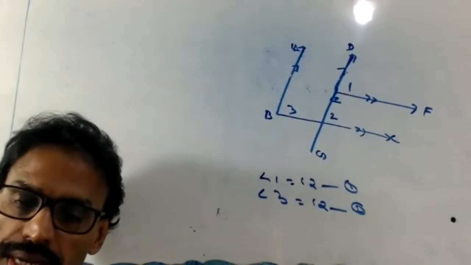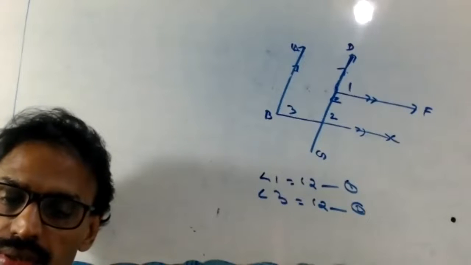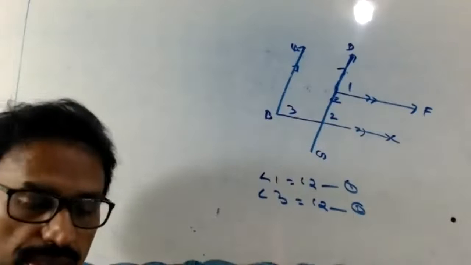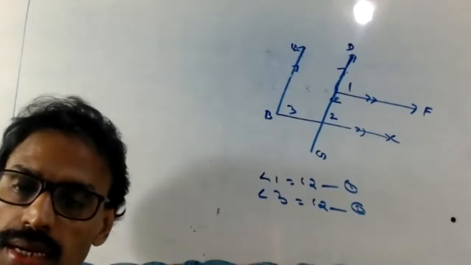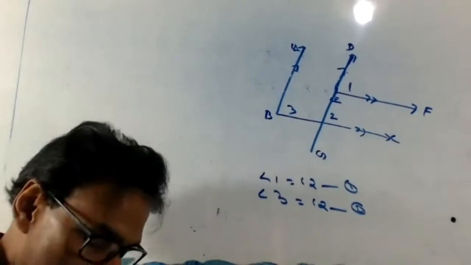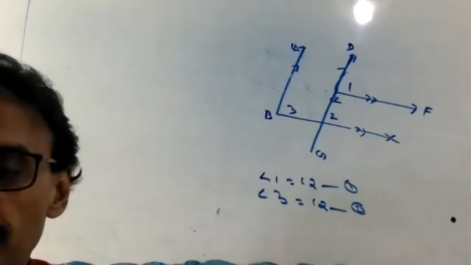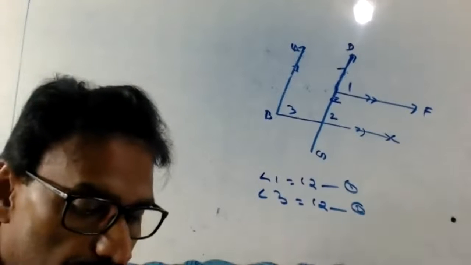This is the figure. Clear now? Once we join. You can join this way also. No problem, there is no issue. Are you okay now? So next question. One of the good questions, star question. Next one.